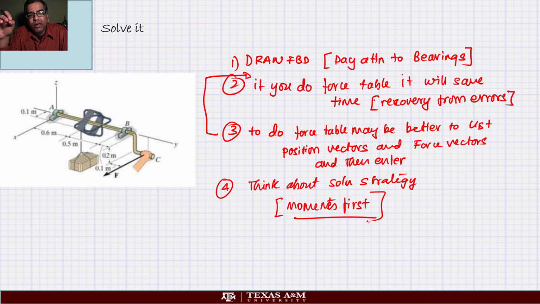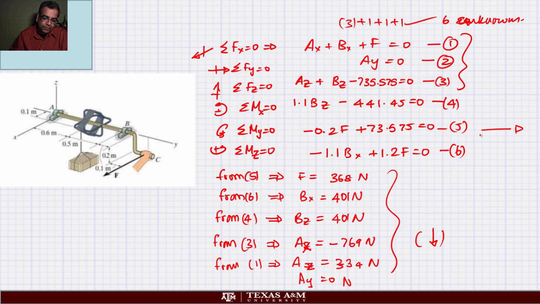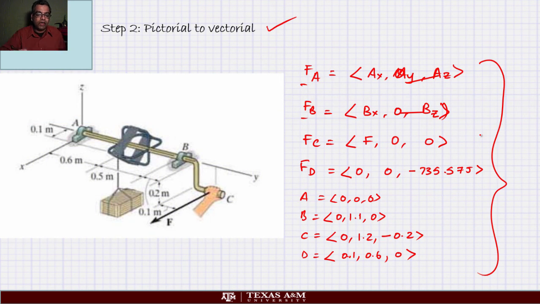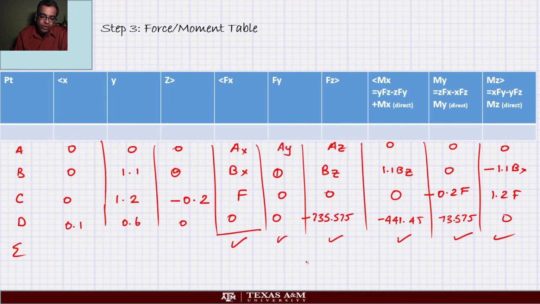If you want to know why, because if you are clever, you can always get all the equations by just doing moments. If you are clever, you don't have to be clever, but at least you should stare at your moment equations first. So just to make sure you understand, if you go back, see, before this was my force table, right? Before I did this force table, notice I wrote down my forces and I wrote down my position vectors A, B, C and D. This will help you make your life much simpler, because then you can copy it down pretty easily. Okay, and my force vectors, the main pain is these three: